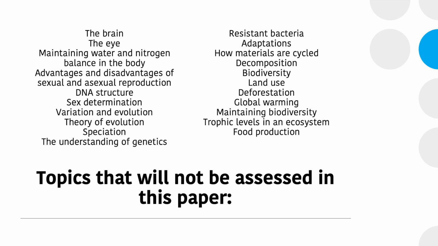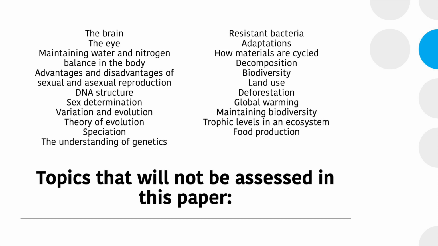They've also given us topics which will not be assessed in this paper. These include the brain, the eye, maintaining water and nitrogen balance in the body, advantages and disadvantages of sexual and asexual reproduction, DNA structure, sex determination, variation and evolution, the theory of evolution, speciation, the understanding of genetics, resistant bacteria, adaptations, how materials are cycled, decomposition,